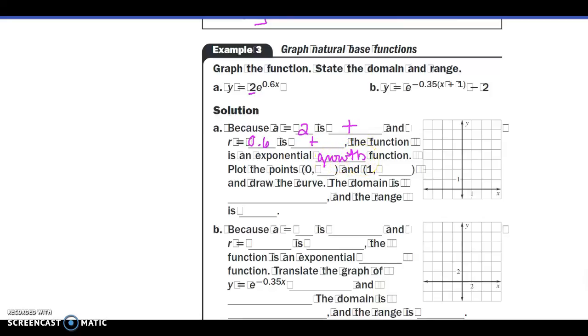Okay, so to graph this, we plot the points again for 0 and 1. So y equals 2e to the 0.6 times 0 power, which gives us y equals 2 times e to the 0 power, and we know that that's 1 no matter what the base is. Anything to the 0 power is 1, so y equals 2. When x is 0, y is 2. I'll plot it over here. And then we have